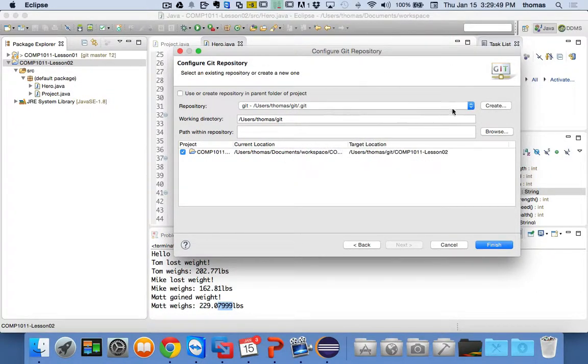If I don't have this, I could click create, right, to create a new Git repository locally for my files. So if this space is blank, and if you pull down here and there's nothing, you could use the create button to create your own. And I'm using a very simple user Thomas Git repository for my repository. Now, if you notice, there's a project that I'm trying to sync up here. It's COMP1011-lesson02, which is the one we're working with, right? And if I press finish,